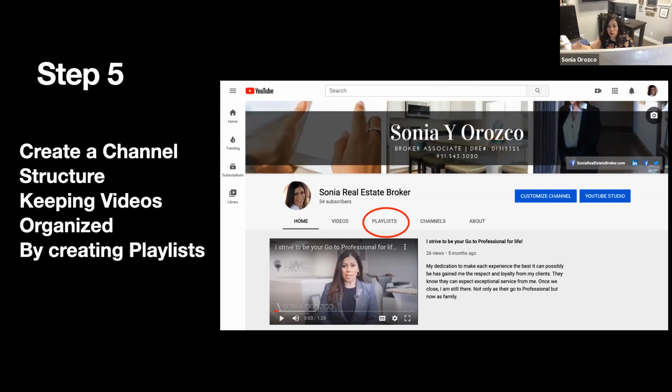I've Googled how to do something, and the first person says, okay, let me show you, this is how you do it, and you're like, nope, next. You're going to go with who you relate to. So always make sure, don't ever overthink it too much. If it's an idea that you got from someone else because they did it, then just add your style and go with it. Don't even worry about it. But keeping a playlist and keeping your videos organized is so important. What happens is, like I said, you don't want your videos all lumped together.